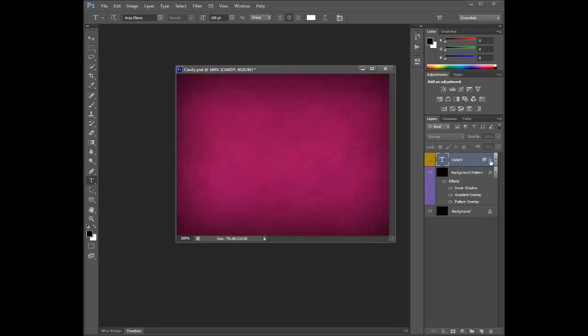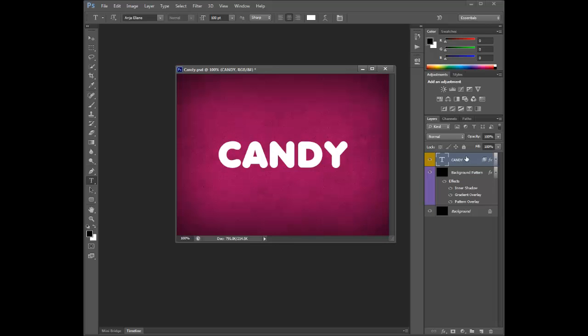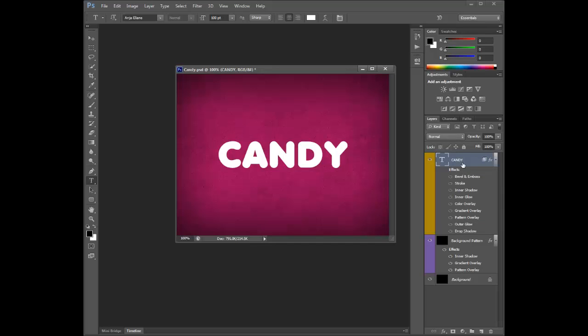And then after that, I previously already did this, but I added other effects to text to make it look more realistic. I typed out the text, and that's what the text looks like without the effects. So what I did is I went to blending options after I typed out the text,